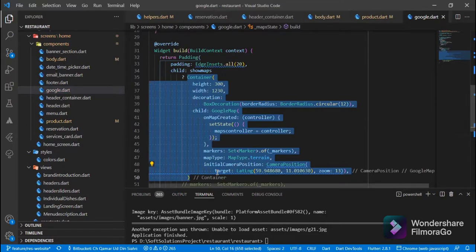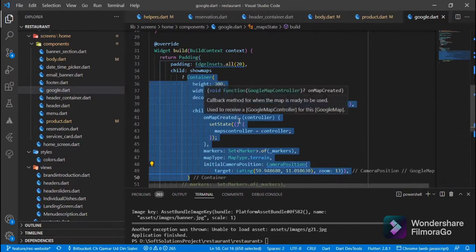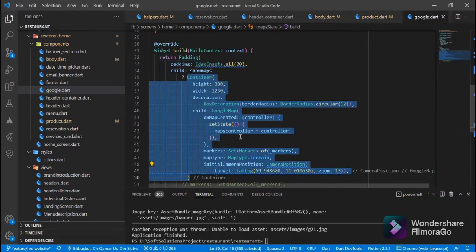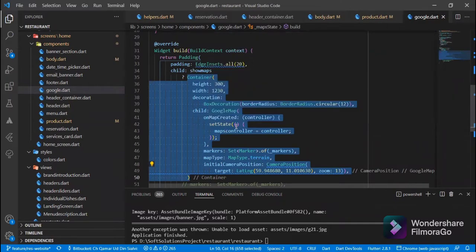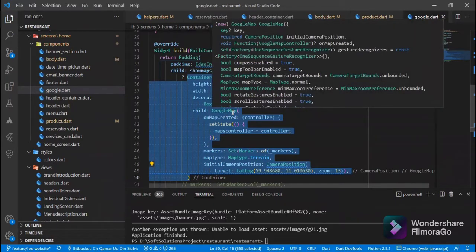The height of it is static, that is 300. Width is 1230. For the web, it is suitable. And I've simply created a decoration box. You would be familiar with all of this stuff. But in its child, what we have done is simply built the Google Map. And in the Google Map,